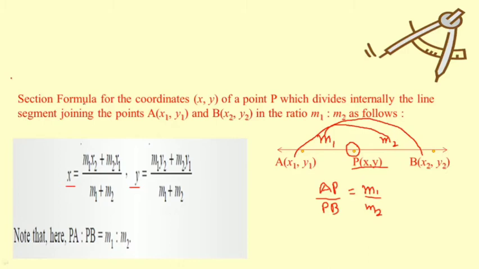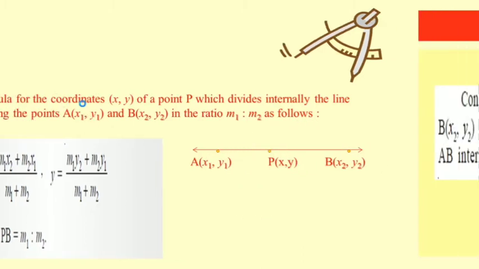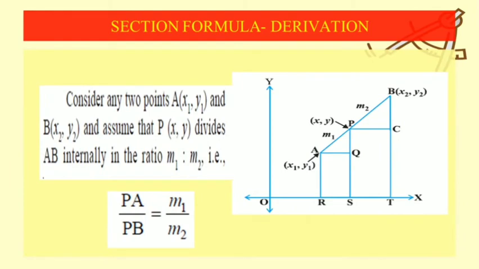Now let me discuss the derivation of this concept. Let me see this figure. Suppose we are given a line AB. We can see here in the figure, on a Cartesian plane we have taken two points. First is A, second is B. The coordinates for A are x1 y1, the coordinates for B are x2 y2. They are joined by a straight line. On this line we have taken a point P whose coordinate we have taken in general form x comma y, and we have to find this x and y.